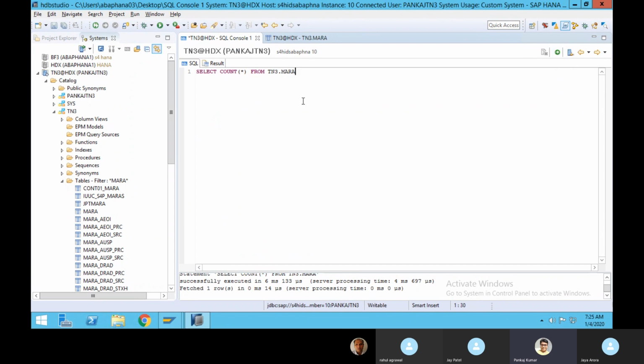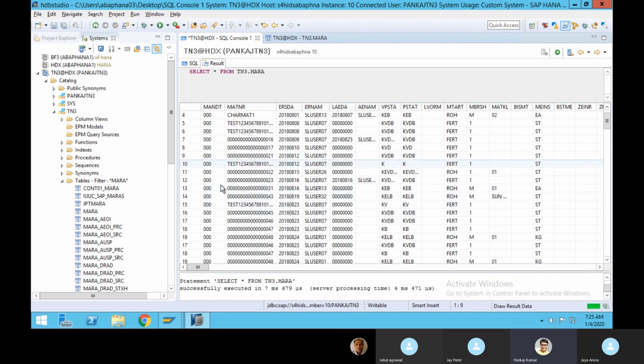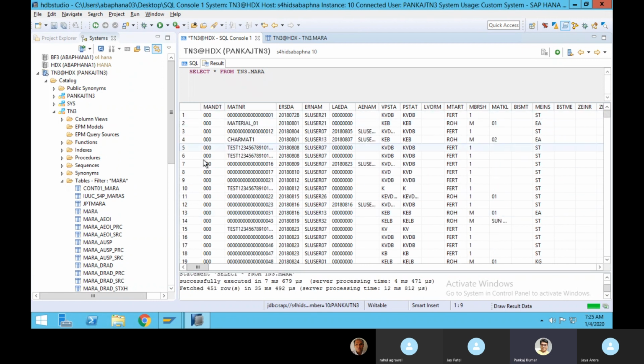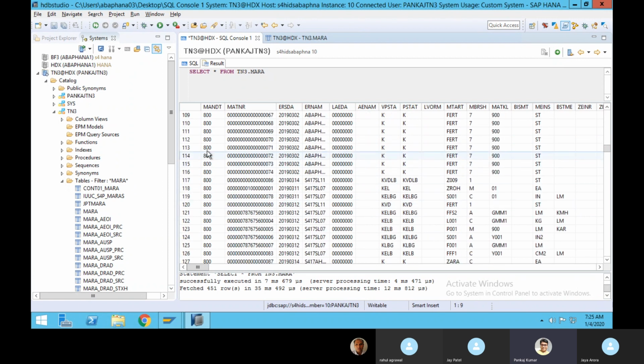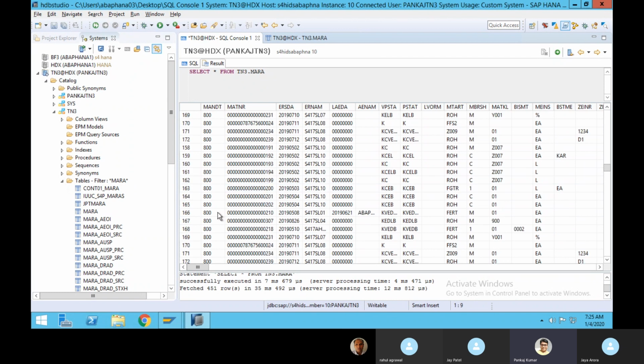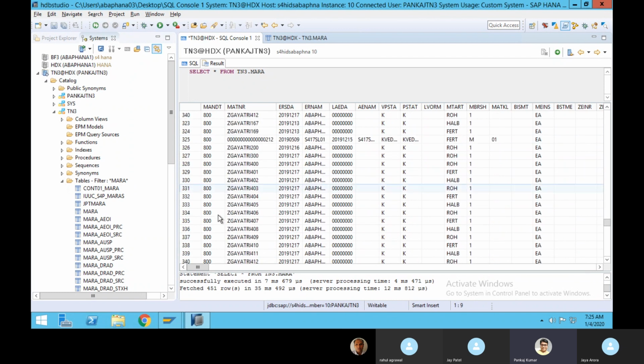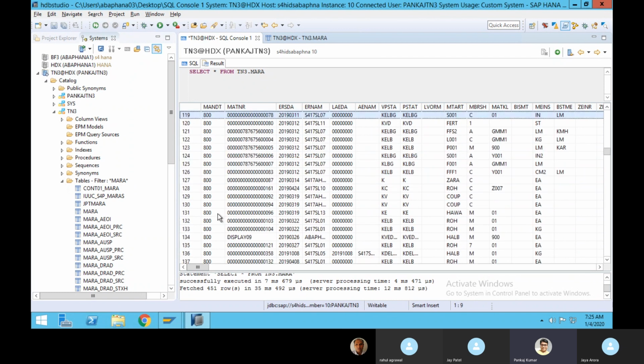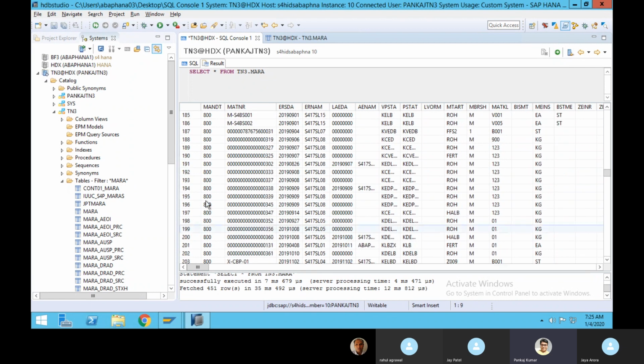Just check the content, you will see why it is coming like that. Click on this OK button, and you can see in this client column, 000 is coming, and then 800 is coming. Two types of client number are coming.